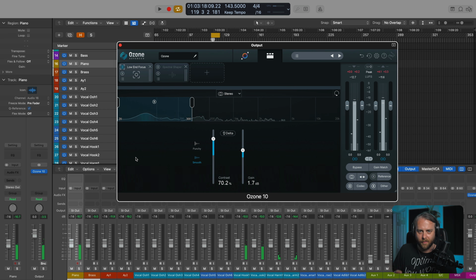So again, these moves are very exaggerated. This might sound really loud, but I want you guys to be able to hear the difference and not go like, I can't hear it, what's wrong?